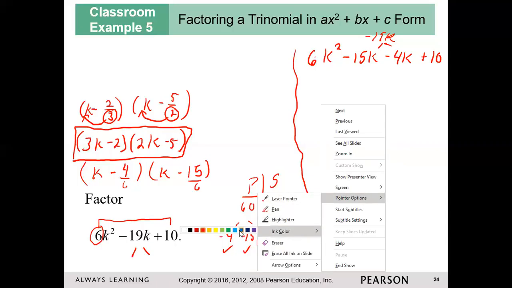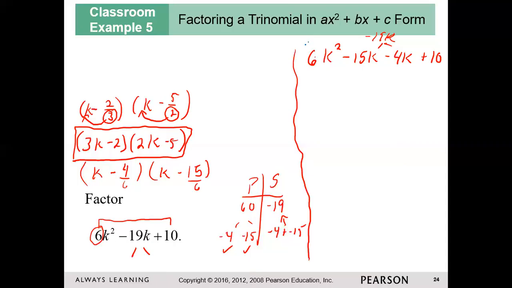Color. There we go. So I'm going to factor by grouping here. Factor by grouping. And put a little plus sign there like we learned in the previous one. And you can see that you have a common factor here of 3k, right? You can divide both of these by 3k. So 3k comes out, and that leaves you with 2k